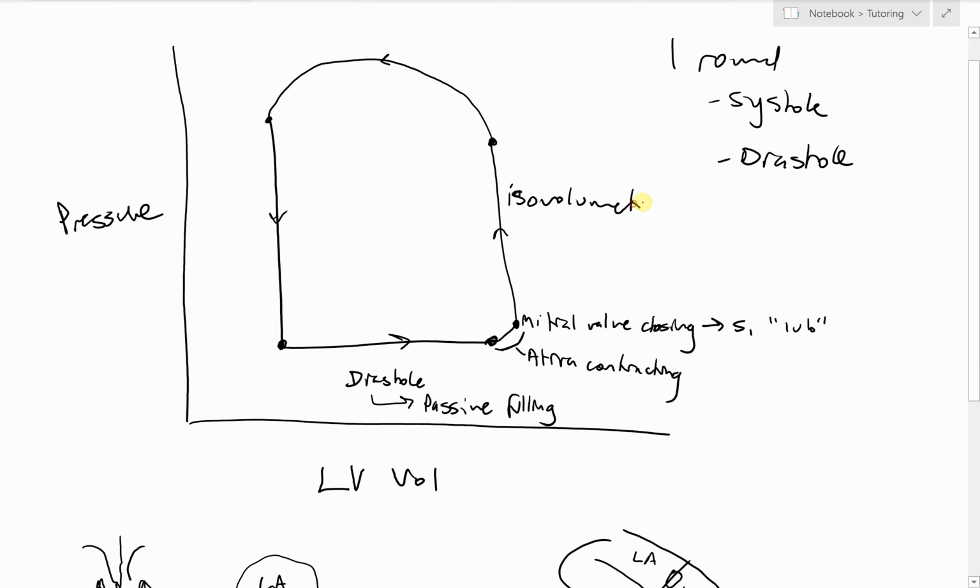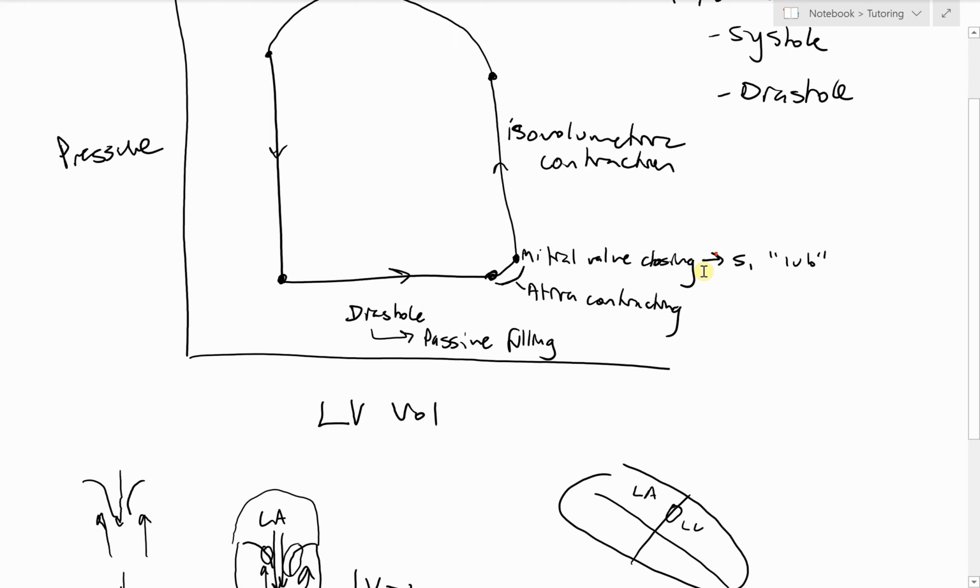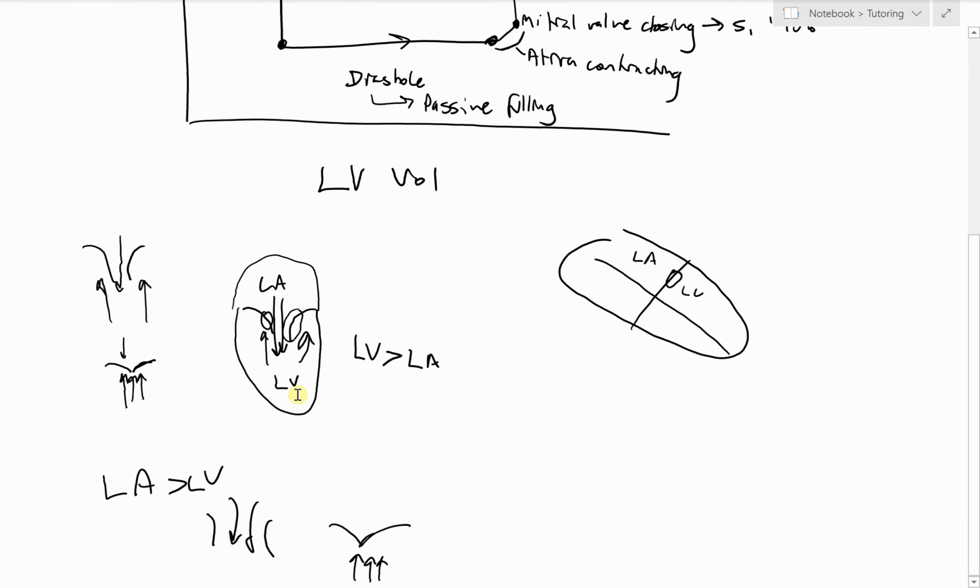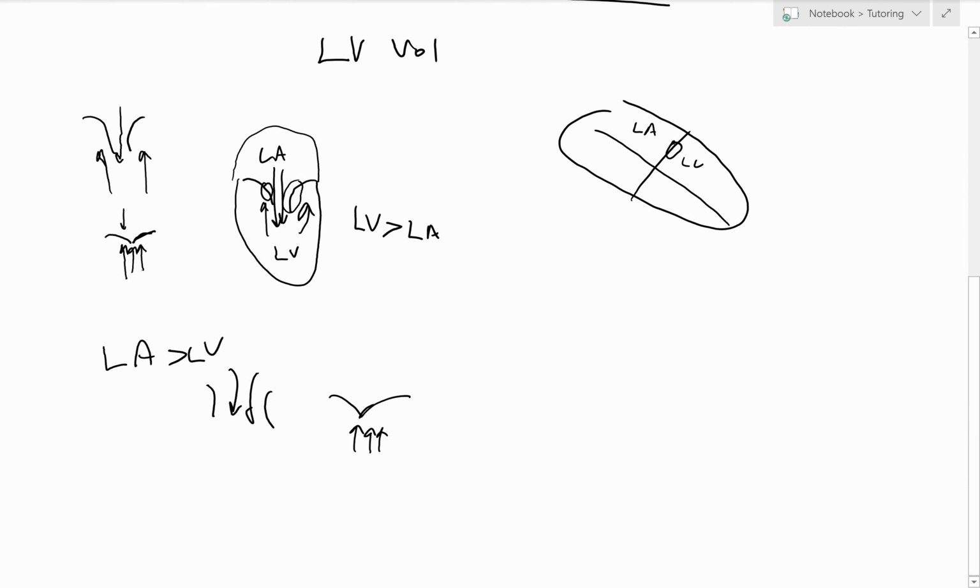volumetric contraction. So what's happening here is the walls of the left ventricle are now squeezing shut. They're squeezing. And as they squeeze, they're pushing, because in reality, we know that it doesn't actually look like